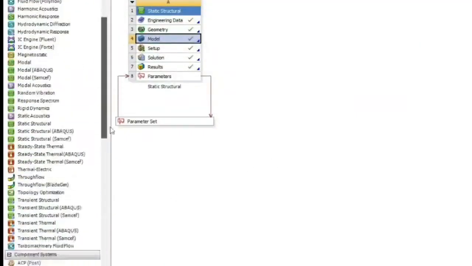From the toolbox, let us drag the response surface to this project schematic. Let us open the design of experiments,